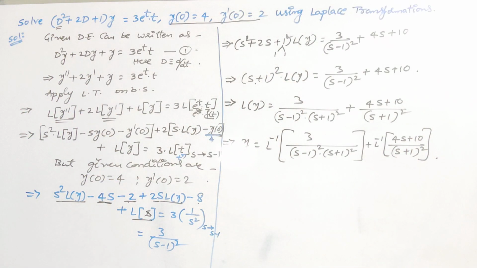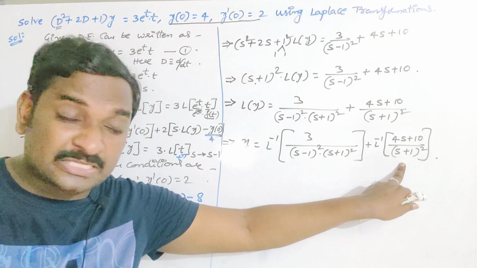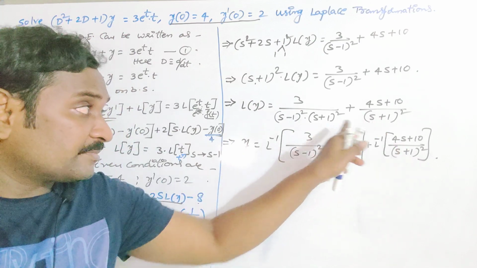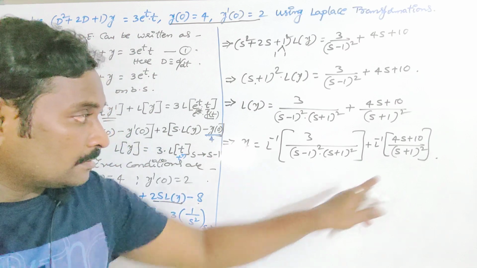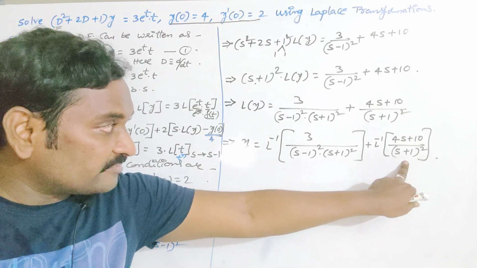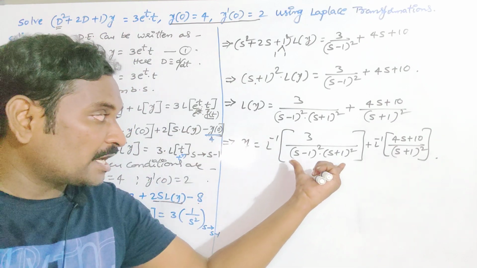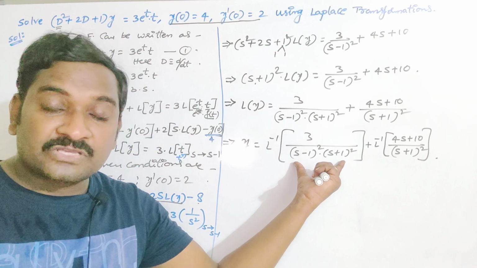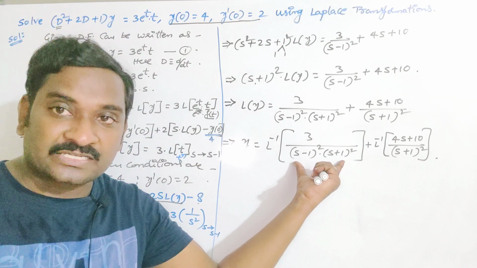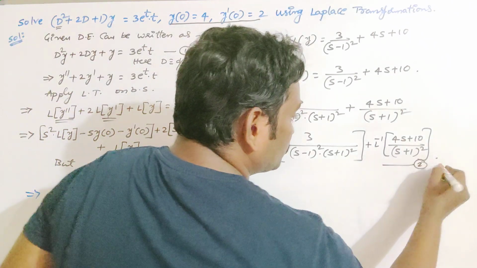Okay. We can evaluate the last part by using the first shifting theorem on inverse Laplace transform. Don't take the LCM here. In my opinion, it is not necessary to take the LCM. We can evaluate this L inverse by using the first shifting theorem, and you all understand that very easily. To get L inverse of this term, we have to use partial fractions. See, you can call this equation number 2.